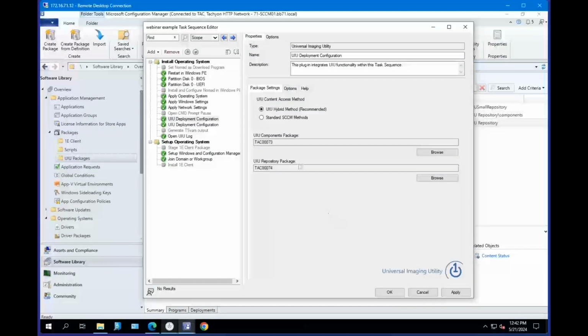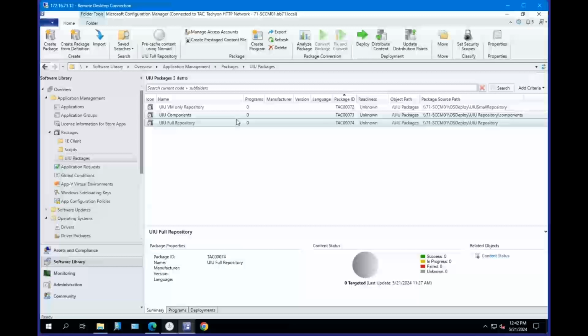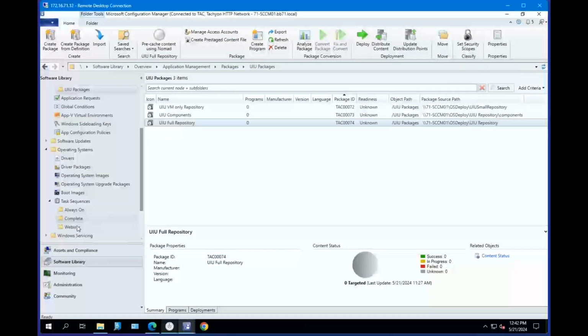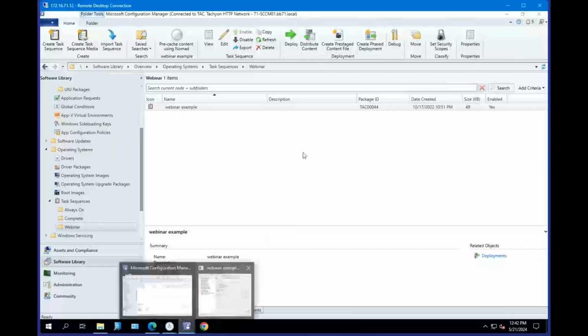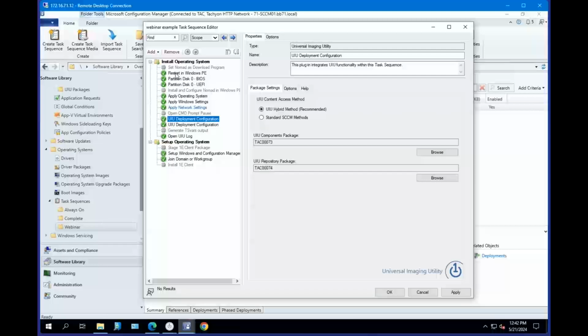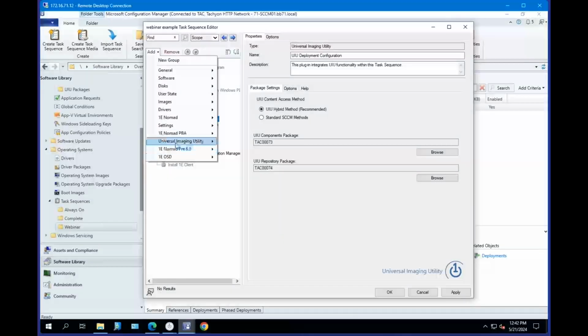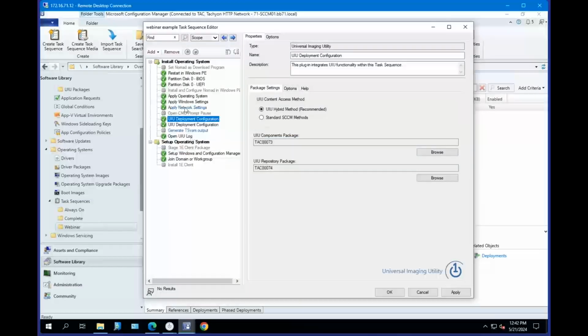Once that's done, you can reopen the Configuration Manager console here, and at that point, you will be able to navigate to your task sequences, and any task sequence that you might want to add us to, and then of course you'll be able to add the Universal Imaging Utility UIU Deployment Configuration step from the Add drop-down menu here. As far as placement in the task sequence,